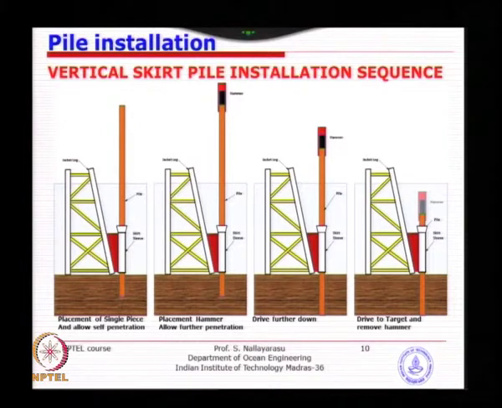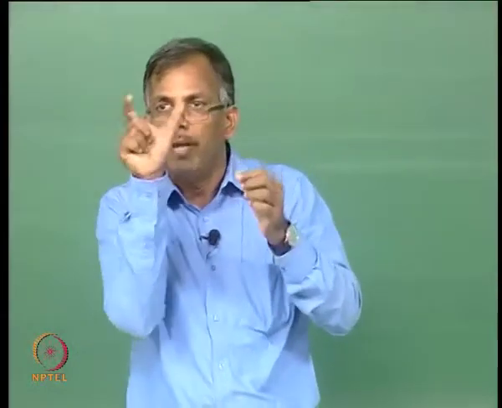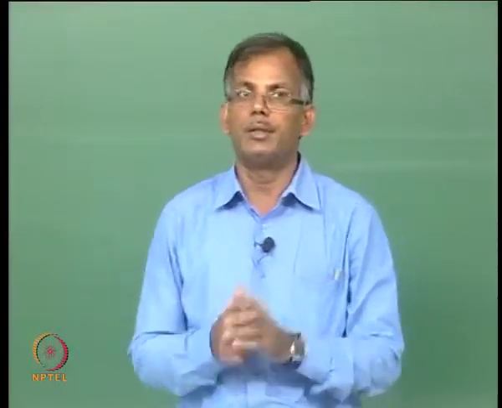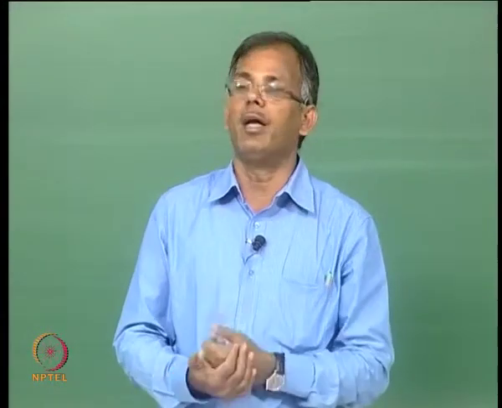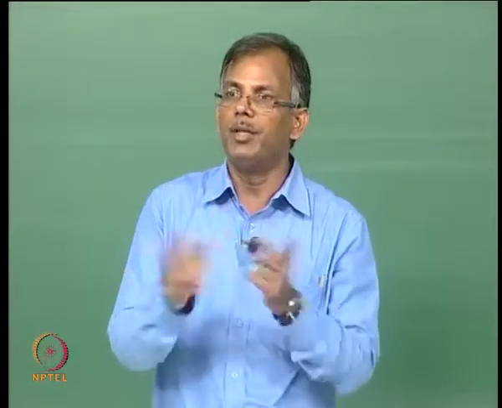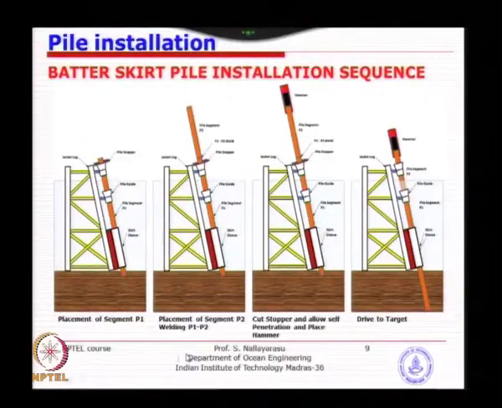Whereas if you make this whole pile one segment, a vertical skirt pile, what happens? The length of the unsupported section is very large, and it is subjected to large lateral forces from wave and current. Once it is deflected horizontally, the picture does not show this, and you place the hammer, the eccentricity causes a moment because of the weight of the hammer, and the deflected shape of the pile could be very large. So that will be the issue of vertical skirt pile versus inclined skirt pile.